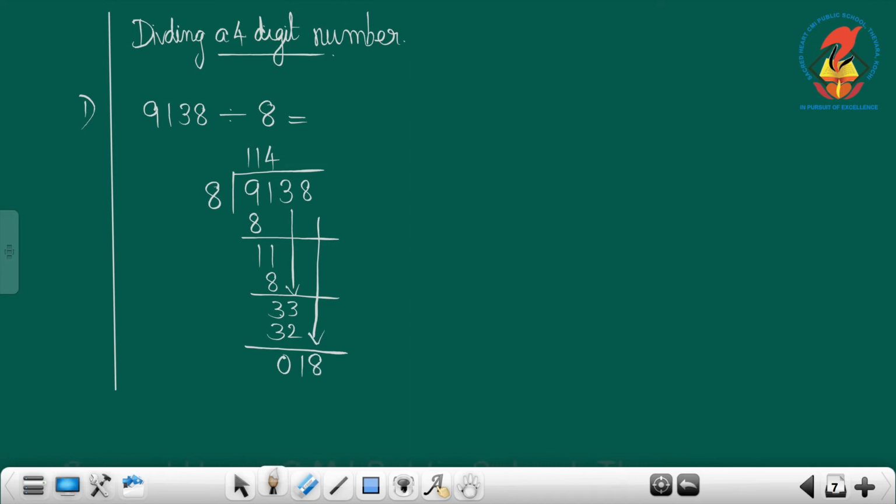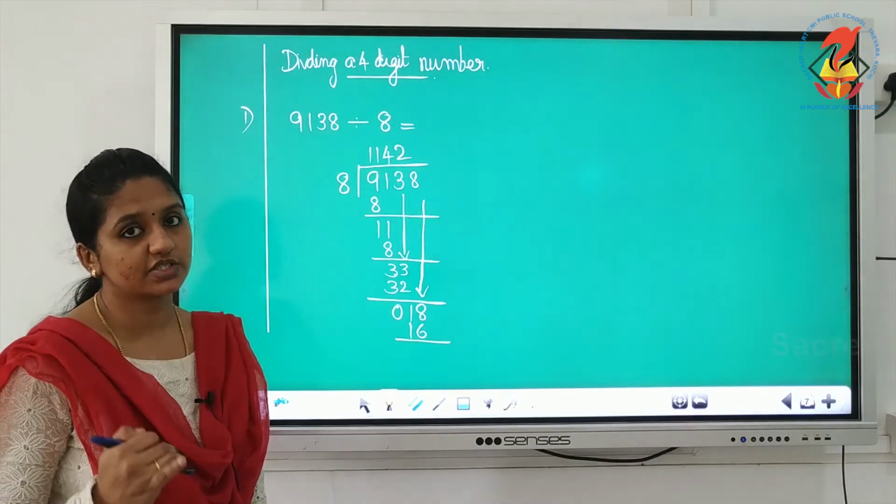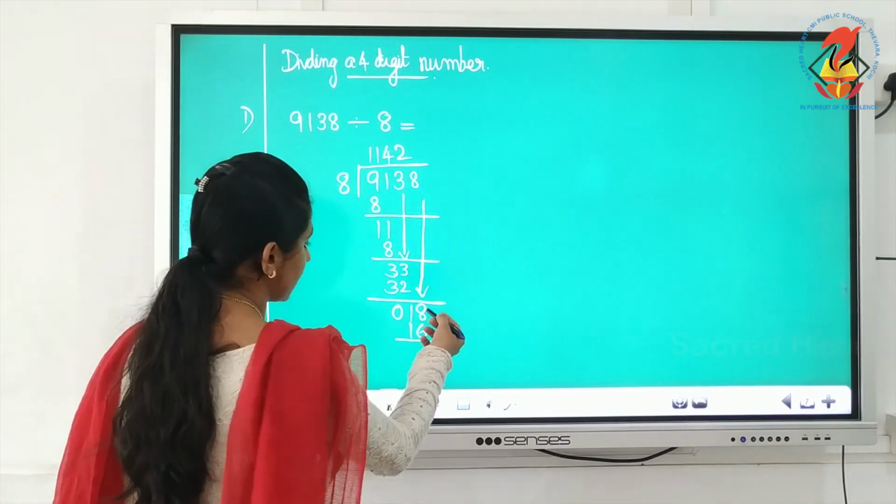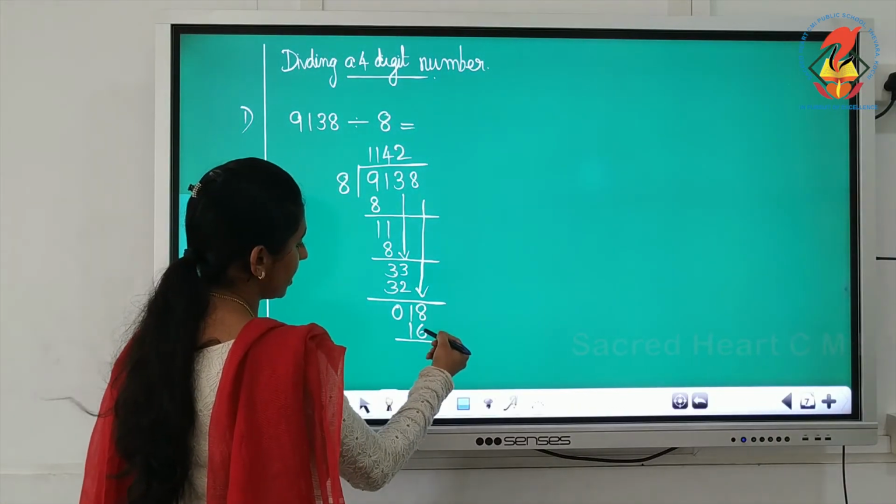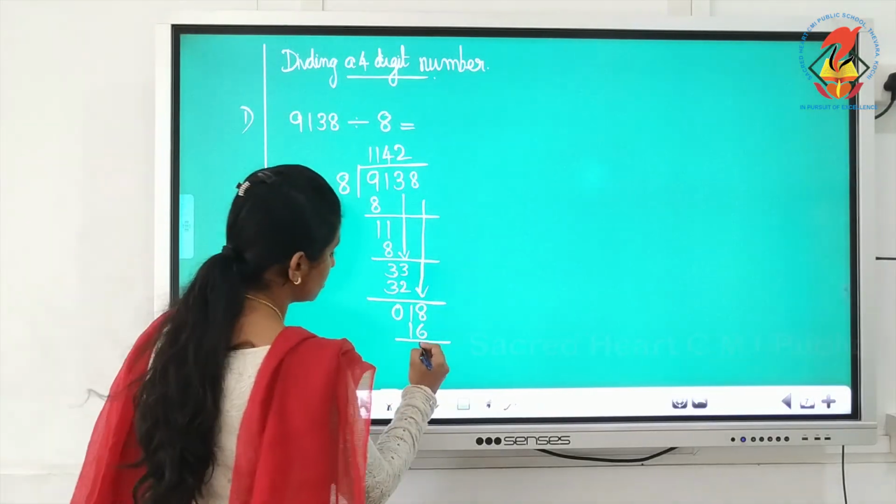It's 18. So 1 8 is 8, 2 8s are 16, 3 8s are 24. 24, so we can take 2 times. 8 2s are 16. 2 times it's 16. So 18 minus 16. After 16, 17, 18, 2 is the answer. Or we can say once digit is 8 minus 6. 8 minus 6 is answer 2.